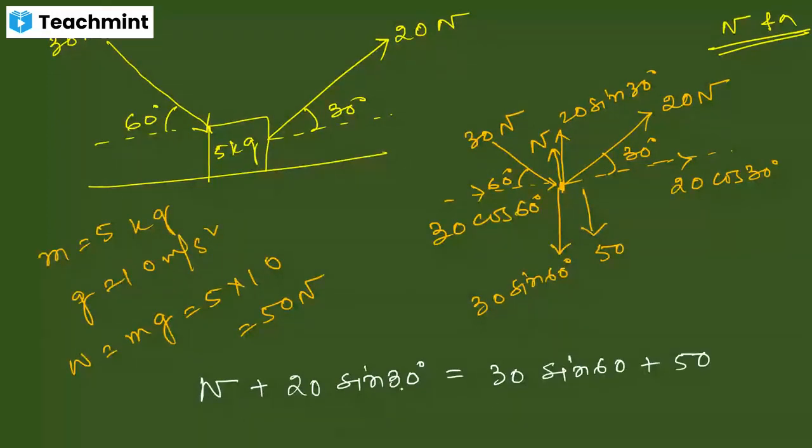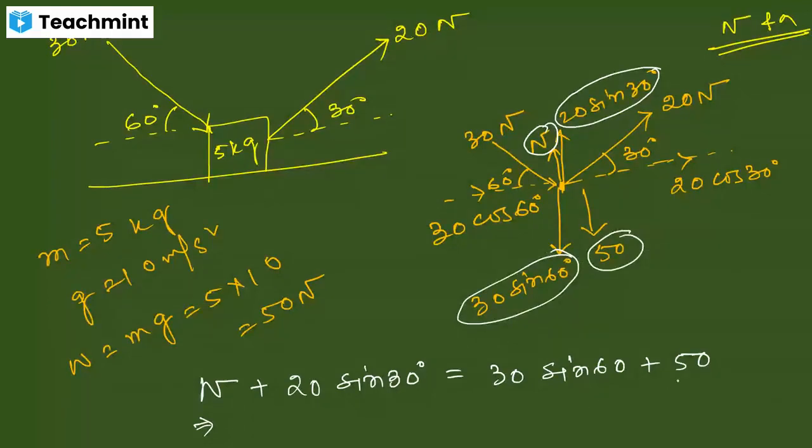So 20 sine 30 means how much? The normal reaction force and the 20 sine 30 are working in the vertically upward direction, so I have added them. 30 sine 60 and 50 are working in the vertically downward direction, so that's why I have added them, and these two groups of forces are equal. So now we are solving. So normal reaction force plus 20 sine 30 is having the value